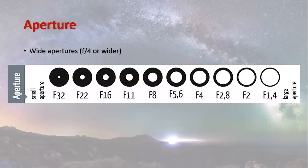Now, a lot of DSLRs today come with what they call kit cameras, and they'll have an 18 to 55 millimeter zoom lens that can go down to f4, f5. Don't run out and buy another lens right off the bat. Play with that one first. If you're looking to get something that is lower than that,